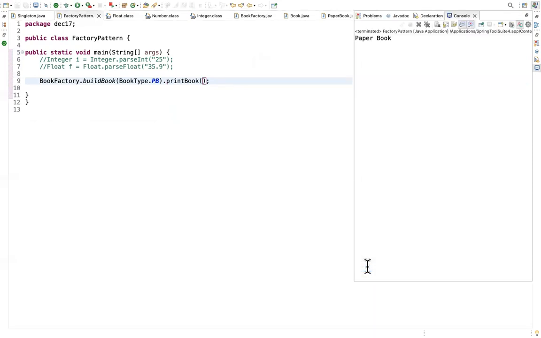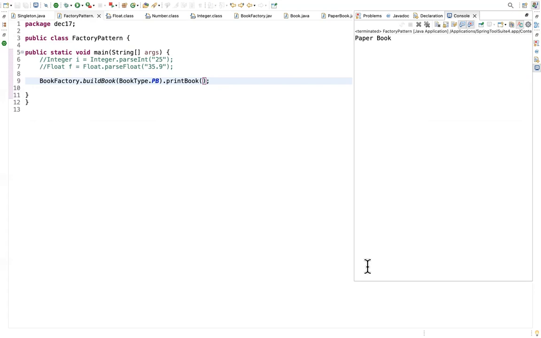So what is the advantage of going with this factory pattern? First thing is your object creation is happening based on the type. We are evaluating the type since we have predefined types, right? This is not runtime types, it's predefined types. Based on those predefined types, we are evaluating it and then printing the object. And whoever wants to build that particular object type has to have access. So your build book is a static method. The second thing is only if you have the relevant object type, you will be able to print the book.